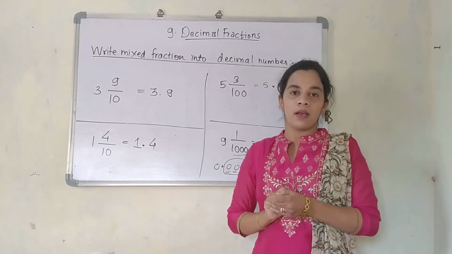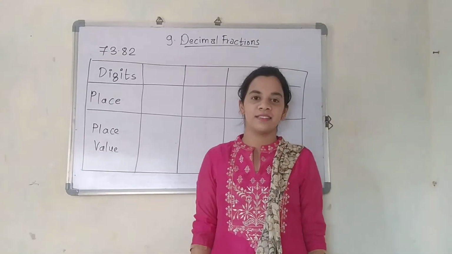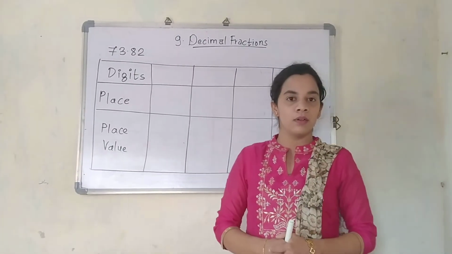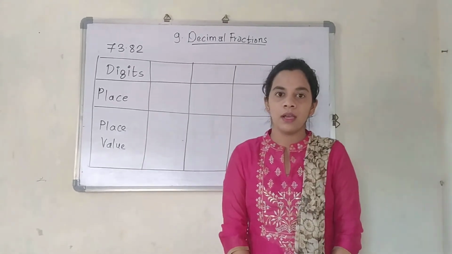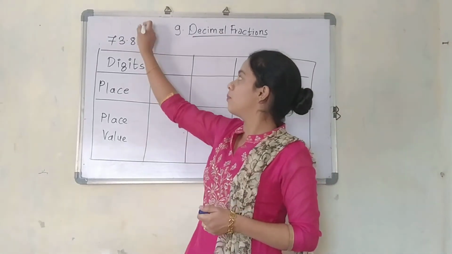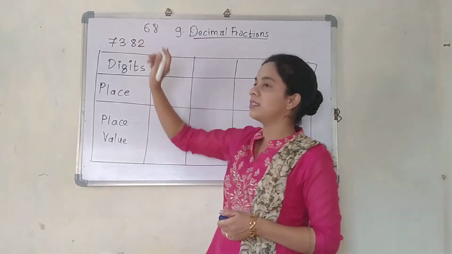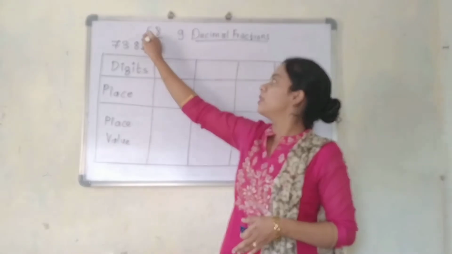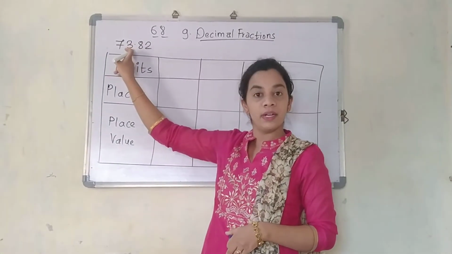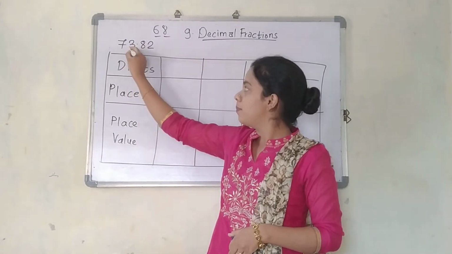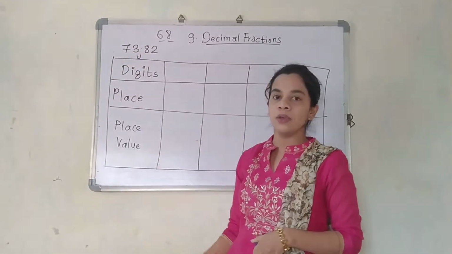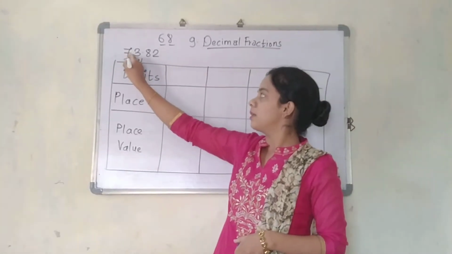The next part I am just going to show you. So now we are going to see the place value of a decimal number, how we are going to represent it and what the places actually are. Basically, for a proper number without a decimal point, 68, this was the unit place and this was the tens place. So you have the same part over here. You can see 73. This is your unit place and this will be your tens place.